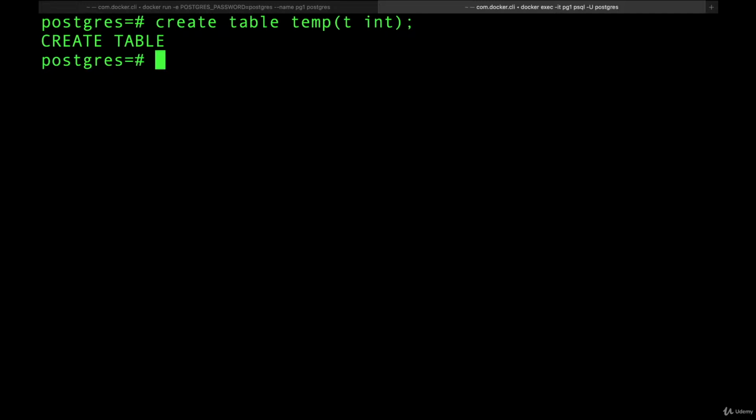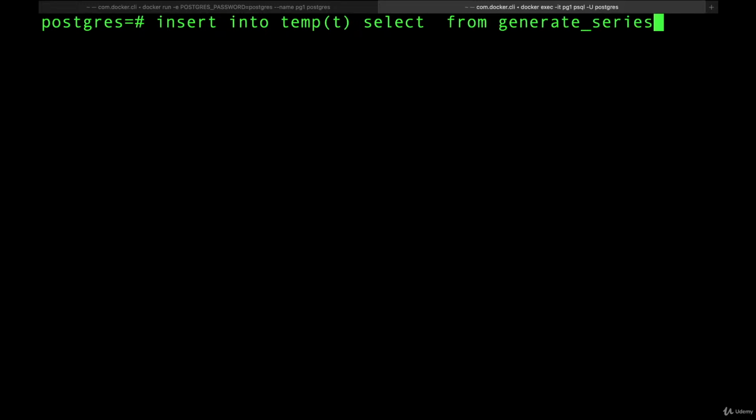So here's the thing, here's how you do the trick. We want to insert into temp, and that's the value we want to populate. And the trick here is to do a select, and from, I'm gonna leave this as empty here, from generate_series, and this is a built-in function in Postgres. When you do a select from generate_series, you can specify from 0 to anything really. And I'm gonna do a million here, 1000000. That will essentially return for you values from